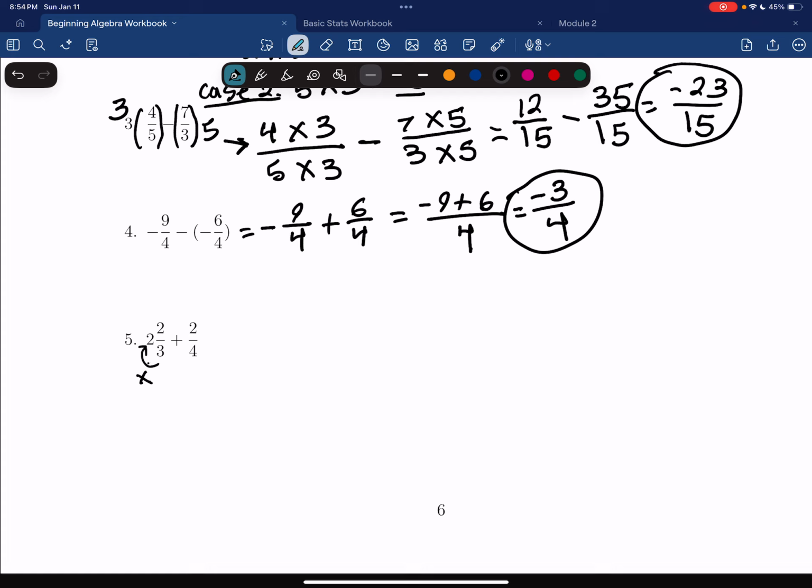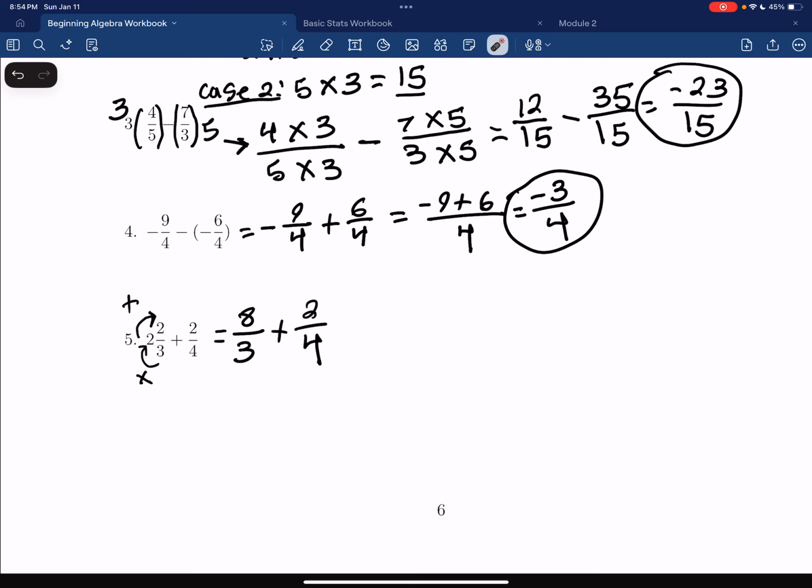So recall we take what's in the denominator, multiply it by the whole number, and then add the numerator, 2. So 3 times 2 is 6, and 6 plus 2 is 8. And we're going to put that over 3, and then we're going to add 2/4. Now we don't have common denominators, so you have to ask yourselves, is this larger value 4 divisible by 3? And it's not, right? Because 4 divided by 3 doesn't get you a whole number. So what this means is that we're going to have to do case number 2,